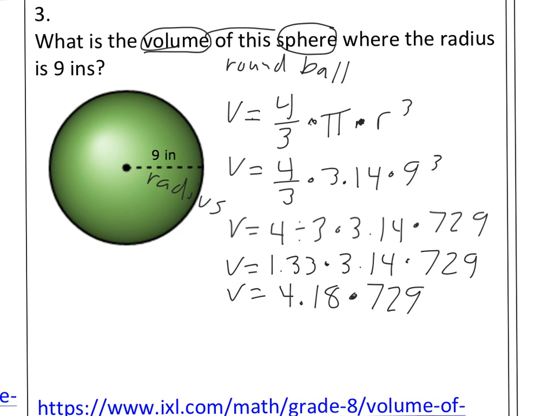Just in case you want to make sure you're following along here, that 4 divided 3 came out to 1.33. Then that 4.18 at the very bottom came from these two here. Notice just one number at a time, I'm working my way down. My last thing I'm going to do here is multiply 729. And that's going to take you to a giant size sphere of